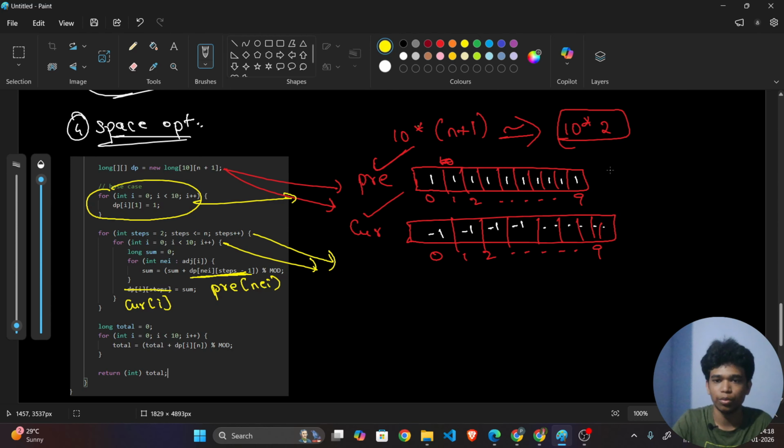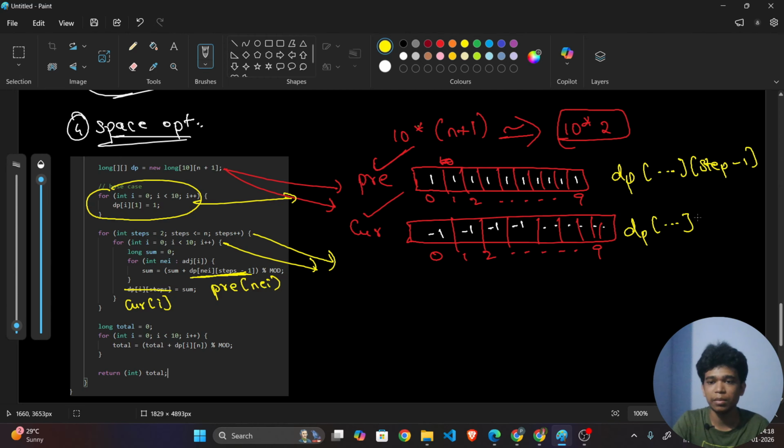Can you understand this? So previous means what? Previous means dp of something, here comes step -1. dp of current means it is dp of something, and here comes step. Can you understand this? That's it. And similarly here also, here it is dp of